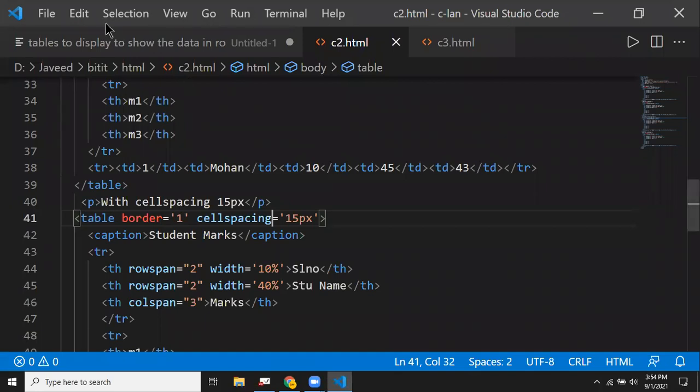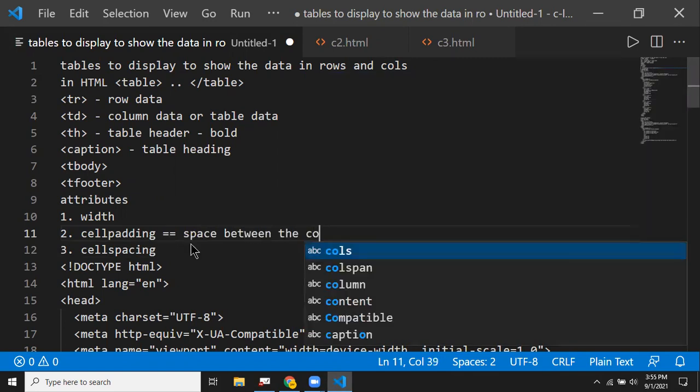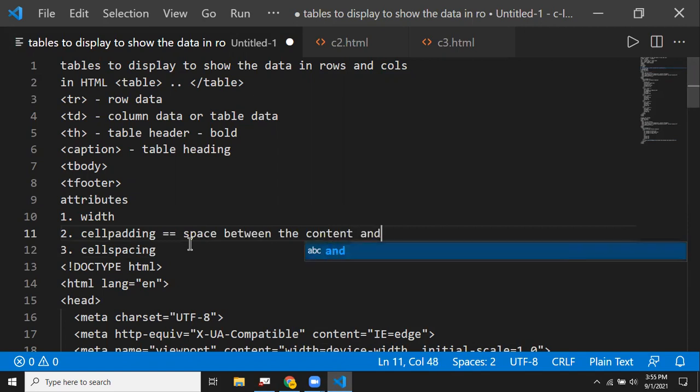Okay, so we have cell padding and cell spacing. Cell padding is a space, or what you call a gap, between the content and the border.